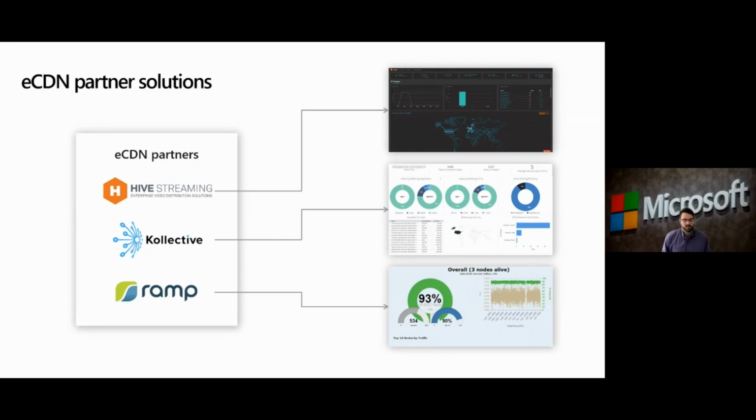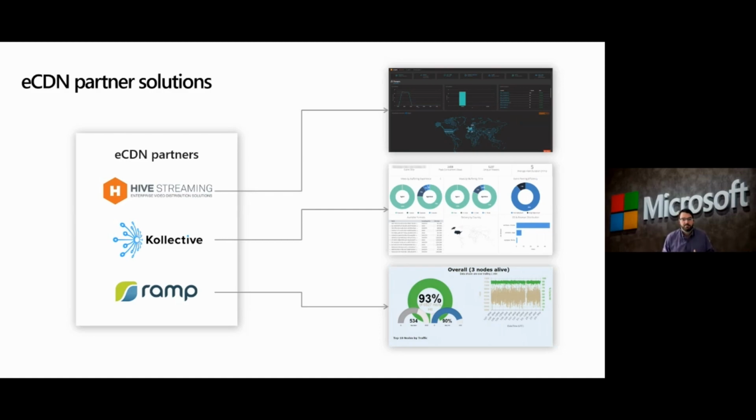Well, 5,000 streams through your network, internet ingress, is probably going to impact your network performance. So we've actually worked with Hive, Collective, and Ramp, and they do 2 fundamental pieces. The first one is they do peer-to-peer distribution at the subnet level. And what that means is, instead of having 5,000 streams coming in, they'll bring 2 in per subnet. They'll bring it into a primary host and a secondary, and those ones will distribute it at their level.